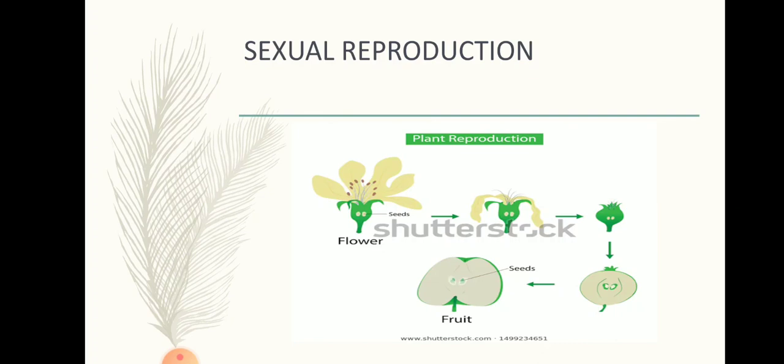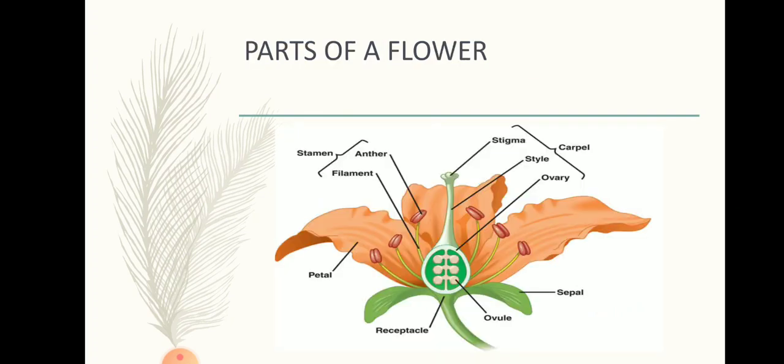As I have already described the parts of the flower, first is the outer whorl, which is known as sepals. It's green in color, as you can see in the diagram, and it encloses the flower when it is in a bud stage to protect it. Sepals form the first and the outermost whorl of the flower, and help protect the petals. Then the second whorl is the petals. Petals are brightly colored so as to attract insects towards them.